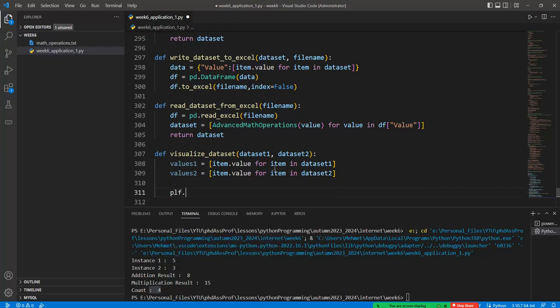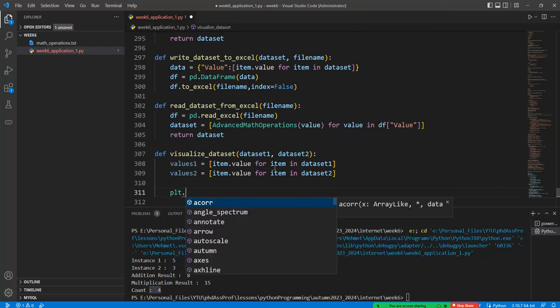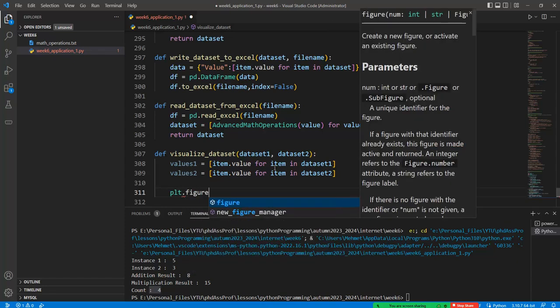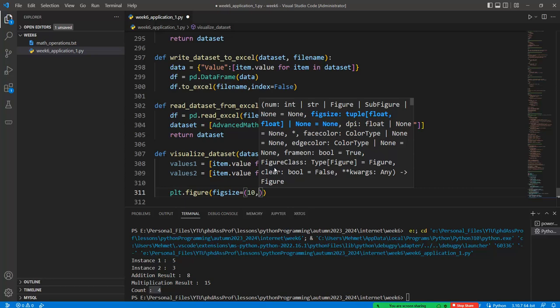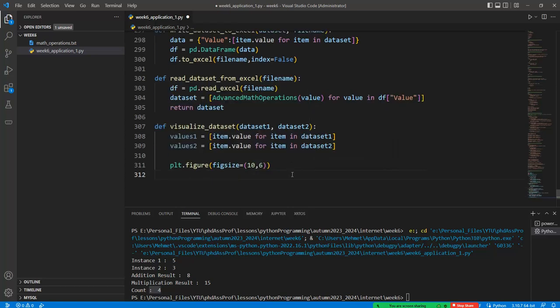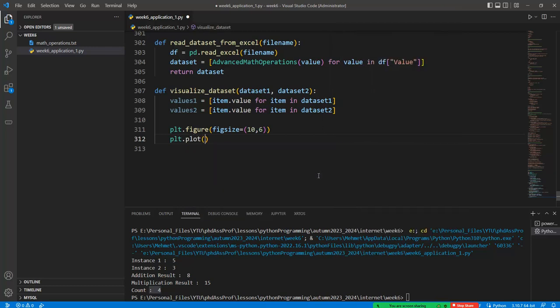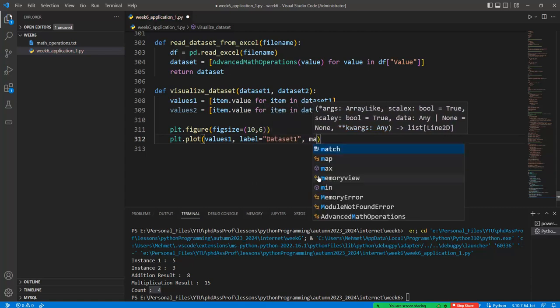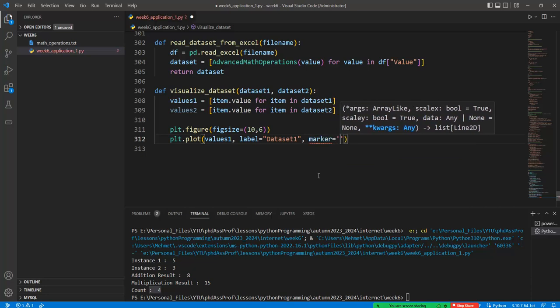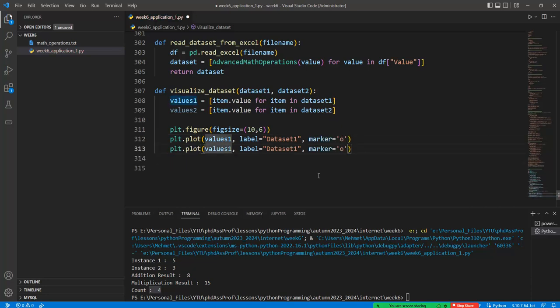Okay, and after that plt is a specific function or class structure of the pyplot library, and so we can define the figure in here like this one, the figsize 10 vertical 6 horizontal in here, and plt.plot can be used with values 1, the label is assigned to dataset 1, and marker can be changed with the o. Okay, and after that values 2, dataset 2, and this should be assigned to the x value,